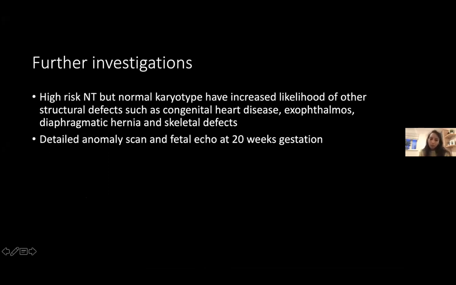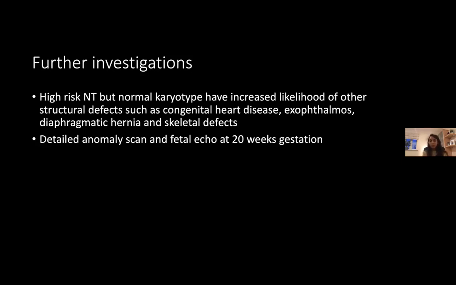Yeah, reassure them, definitely. So you might want to tell them to undergo some further investigation. So they've got quite a high risk nuchal translucency, but a normal karyotype. They've got increased likelihood of other structural defects such as congenital heart disease, exomphalos, diaphragmatic hernia, and skeletal defects. So yeah, we can reassure them that it's probably not Down syndrome, but there's a likelihood of other kinds